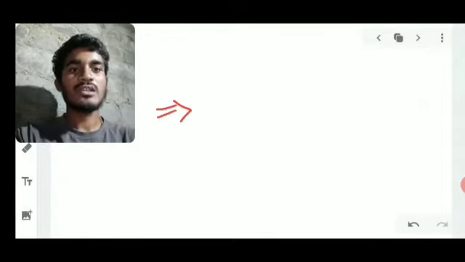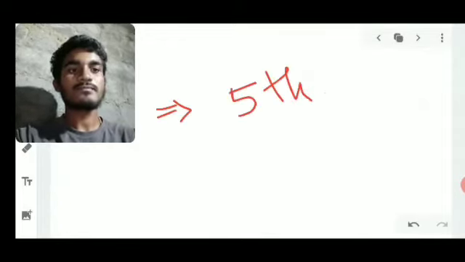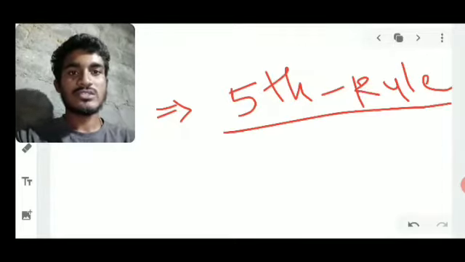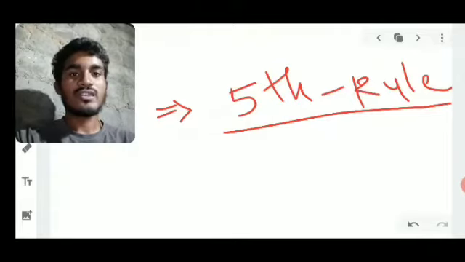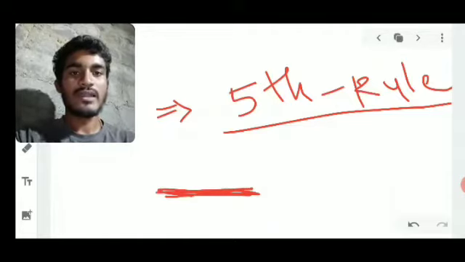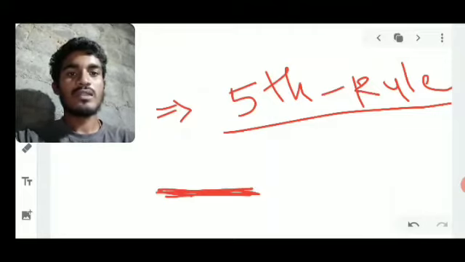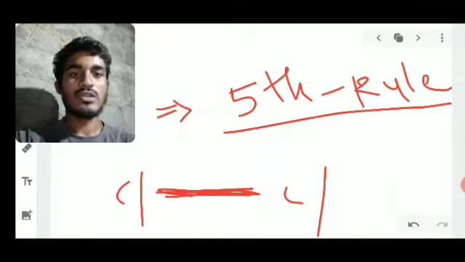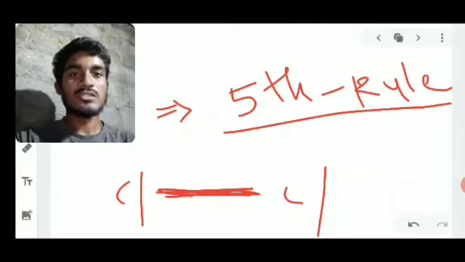The fifth rule says that finally, after we put the dotted structures on the atoms or elements, they combine to form a bond, whatever the chemical bond, ionic, metallic or covalent. This is the fifth rule. Whatever compound is given, this is a chlorine, this is a chlorine, or for HCl, in place of Cl we put H. So these are the rules.